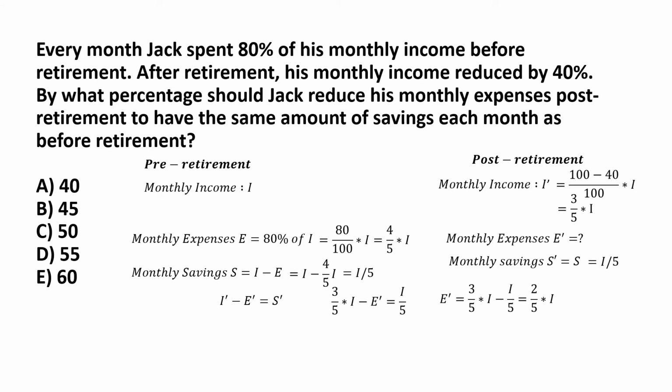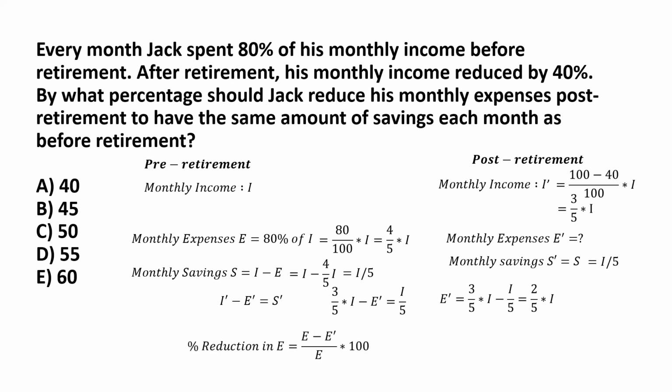So that's 2 by 5 multiplied by I. But now we have to find how much percent change this was compared to his pre-retirement expenses, which was actually 4 by 5I. So anytime you're asked to calculate a percentage change, and in this case the percentage change is relative to his